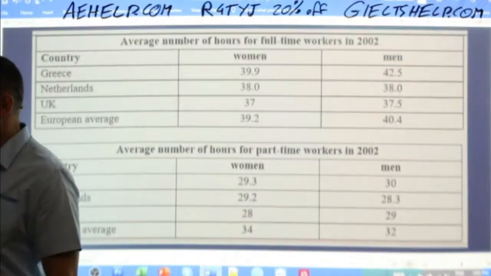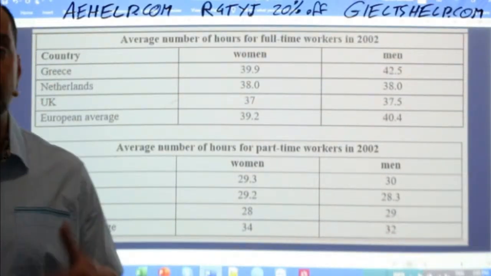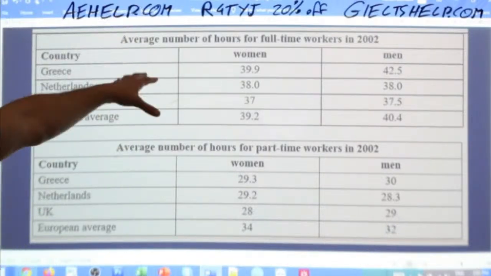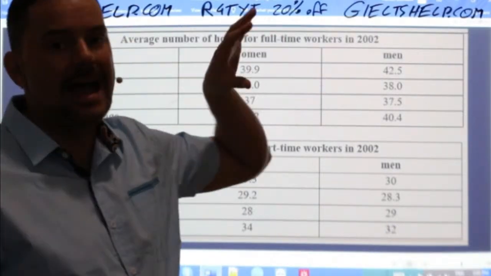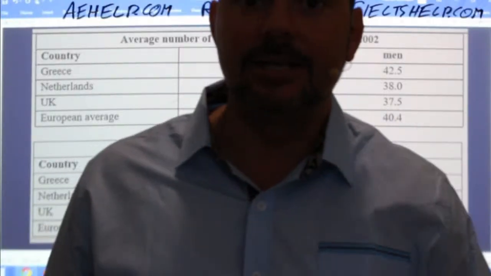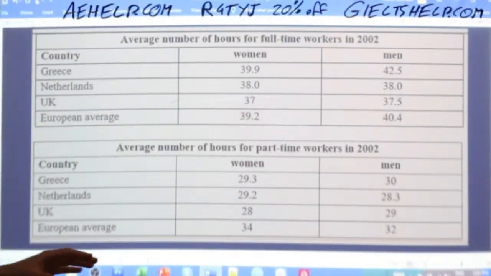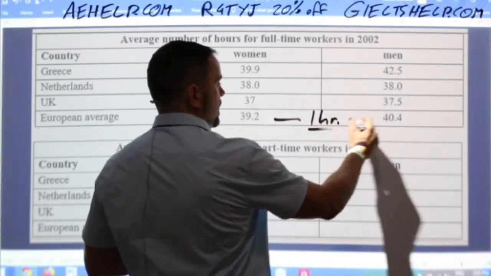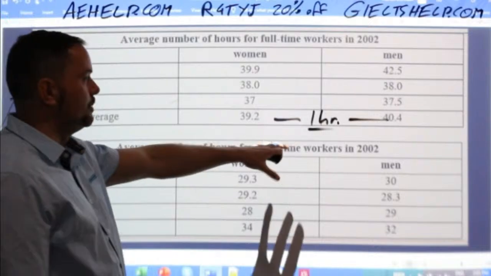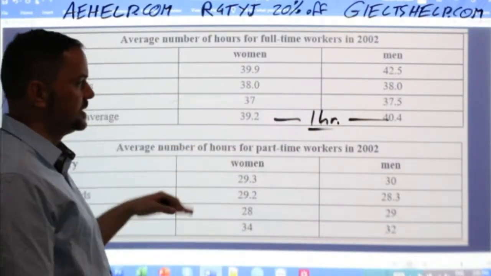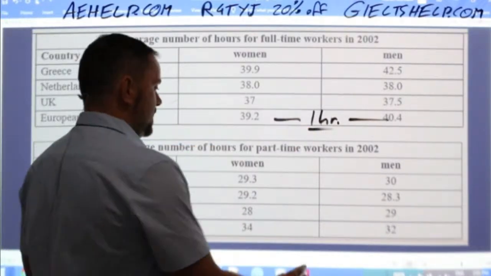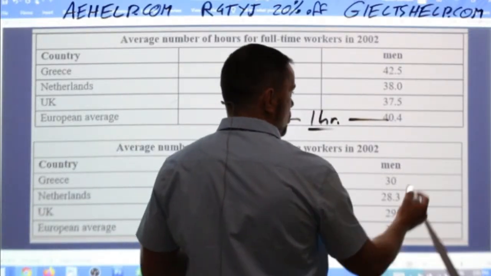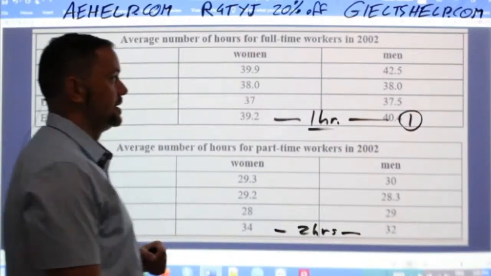So this is where you definitely do not just start writing sentence after sentence when you have this kind of table comparison. You have to circle and identify your main points, okay? So we already talked about the 1 hour difference here. It's about an hour. Please don't write 1.2 hours. It's unnecessarily roughly an hour. Okay, and here it's clearly 2 hours. So that's going to be my point number 1 in my analysis.